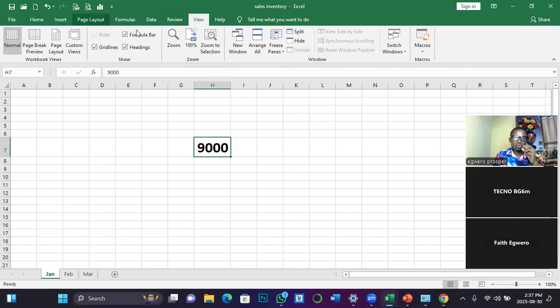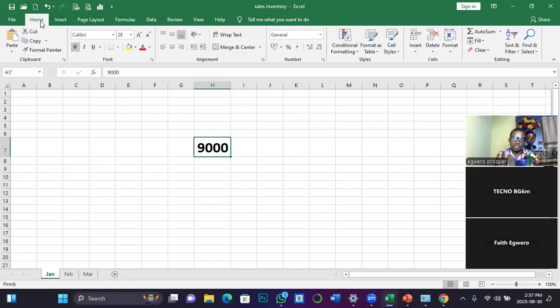Now, you will notice that as I was moving from tab to tab, the contents of this section keep changing, which means that the whole of this section can be described as the tabs properties bar. Right now we are seeing this property because we are in home.